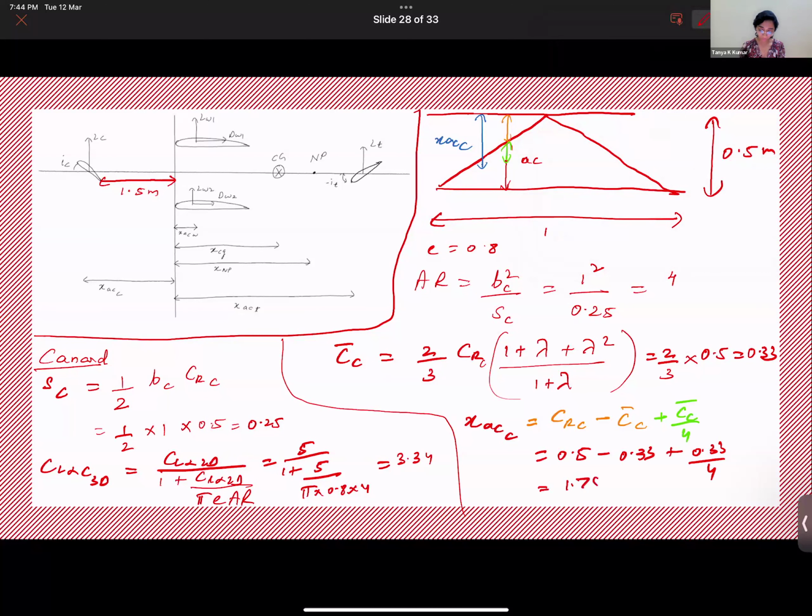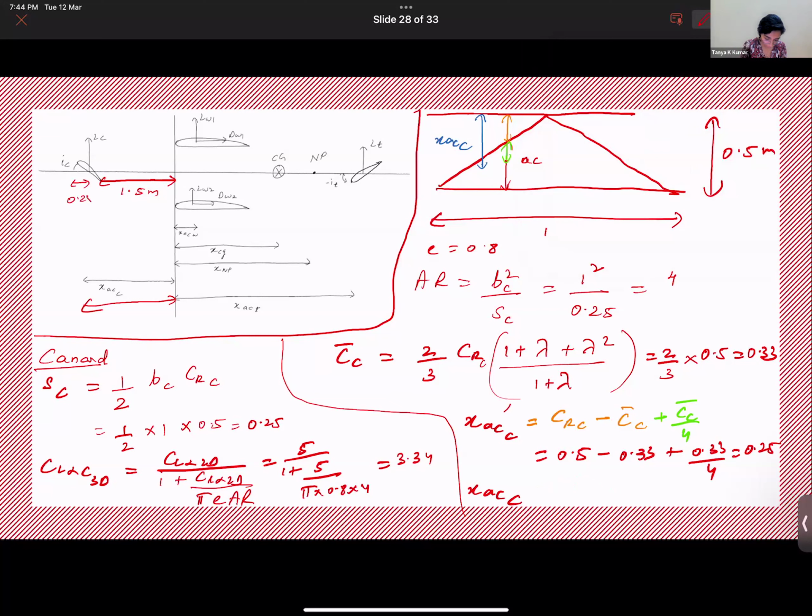Just tell me if I'm making a mistake somewhere. Oh, this is not 1.7. This is 0.25. Correct? 0.25. Sorry, my bad. So now, what is XACC? This is XAC. Let's just call it something else, XAC prime. What is XACC? This distance is XACC, right? What we've gotten now is